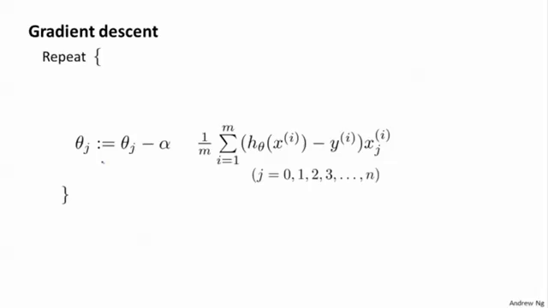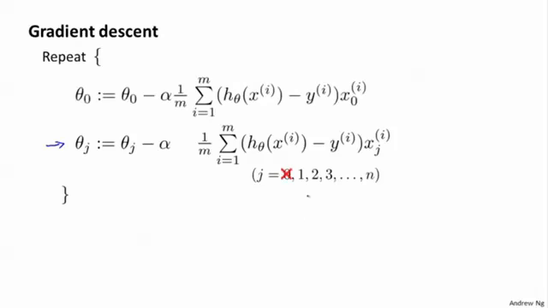For linear regression without regularization, we will repeatedly update the parameters theta j as follows for j equals 0, 1, 2, up through n. Let me take this and just write the case for theta 0 separately. So, I'm just going to write the update for theta 0 separately from the update for the parameters 1, 2, 3, and so on up to n. I haven't changed anything yet, right? This is just writing the update for theta 0 separately from the updates for theta 1, theta 2, theta 3,